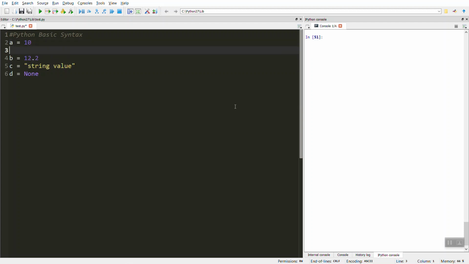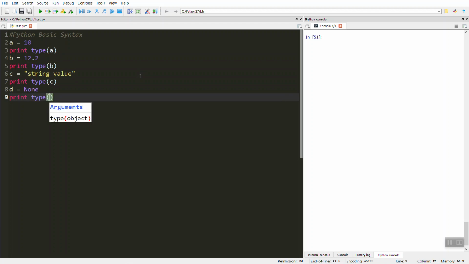With all these values, we can print the type of these different variables. For example, the type of a, the type of b, similarly the type of c, and then the type of d.